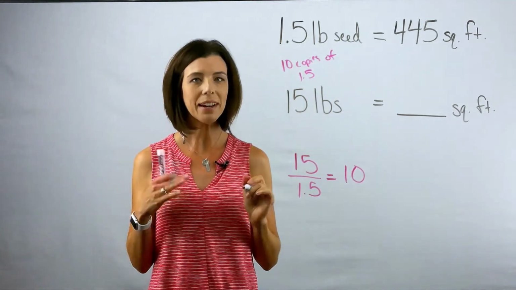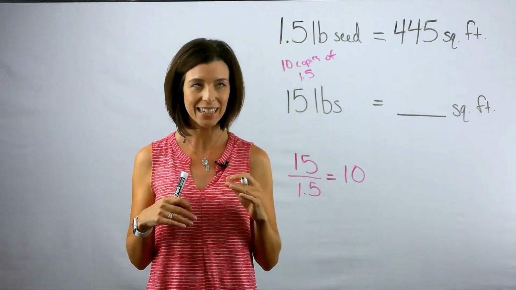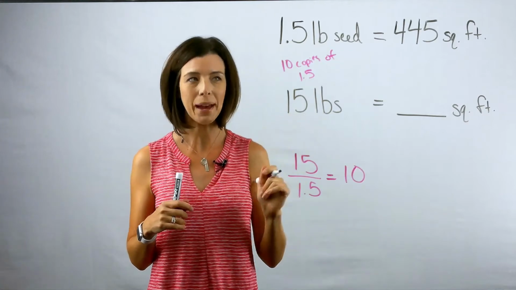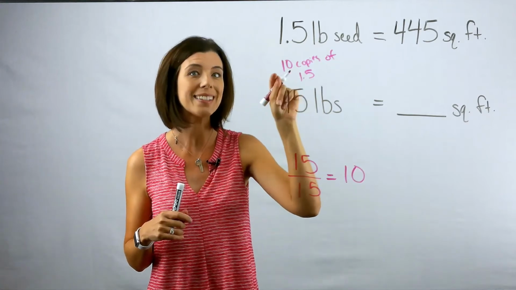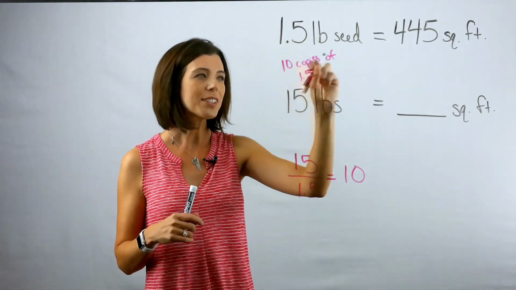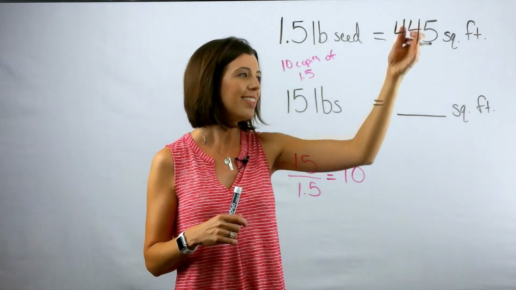So if you want to think about it this way, if you think that each bag of seed is really a 1.5-pound bag, and you need 15 pounds, that means you're going to need to buy 10 bags of seed. Now, if you know that there's 10 copies of 1.5 and that these are proportional, then